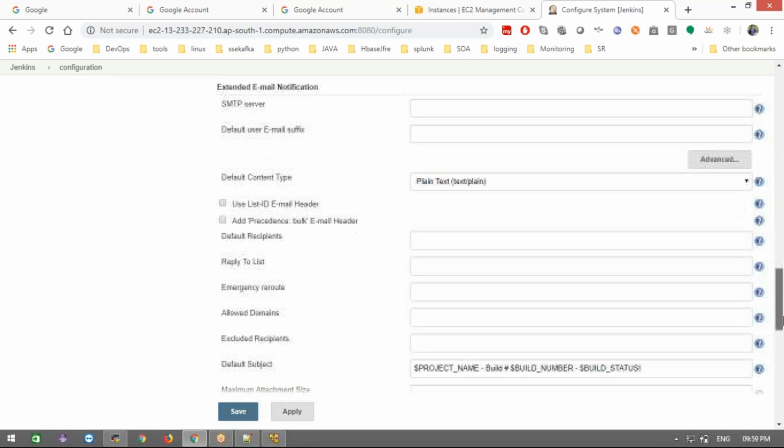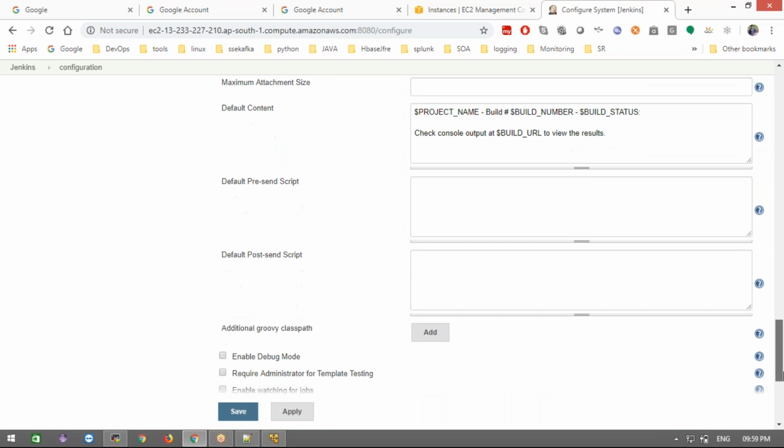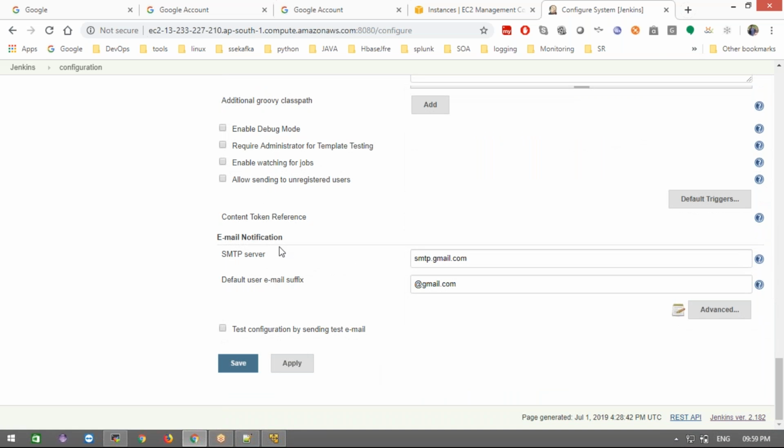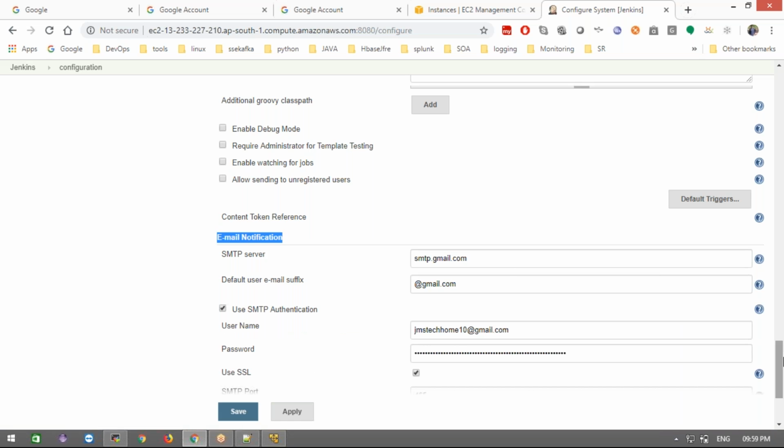At the end we have the email notification. This is the email notification. To get it, you should have installed the Mailer plugin. If you are not seeing this option, it means you have not installed the Mailer plugin in your system.